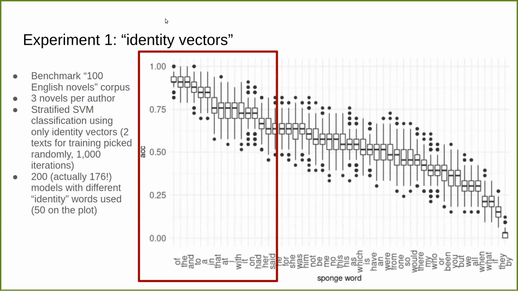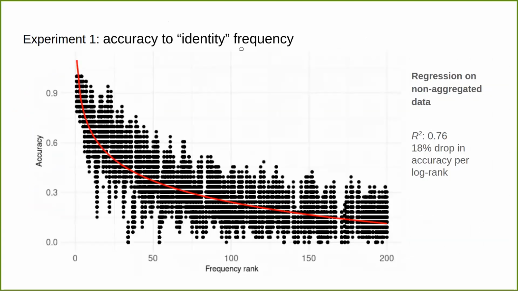And this kind of pushes us to model this relationship formally. If we take the performance of the whole 200 models in our classification experiments, then you can easily fit a nice regression that would show a clear decay of accuracy depending on the frequency. And this is quite revealing because it hints that the frequency of the identity embedding is the thing that drives the accuracy the most, not the positional information, or maybe not exactly the positional information that sponges capture in text.